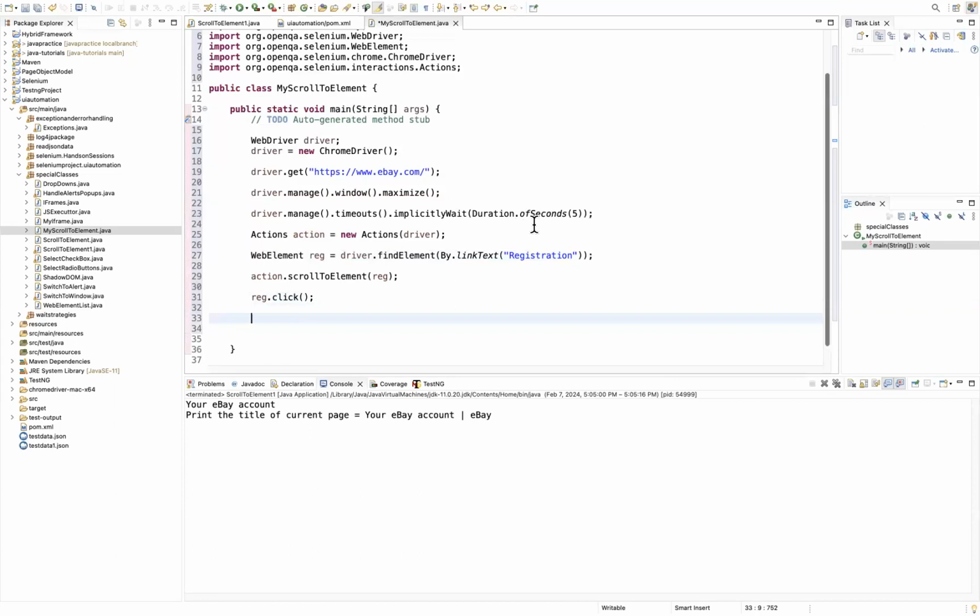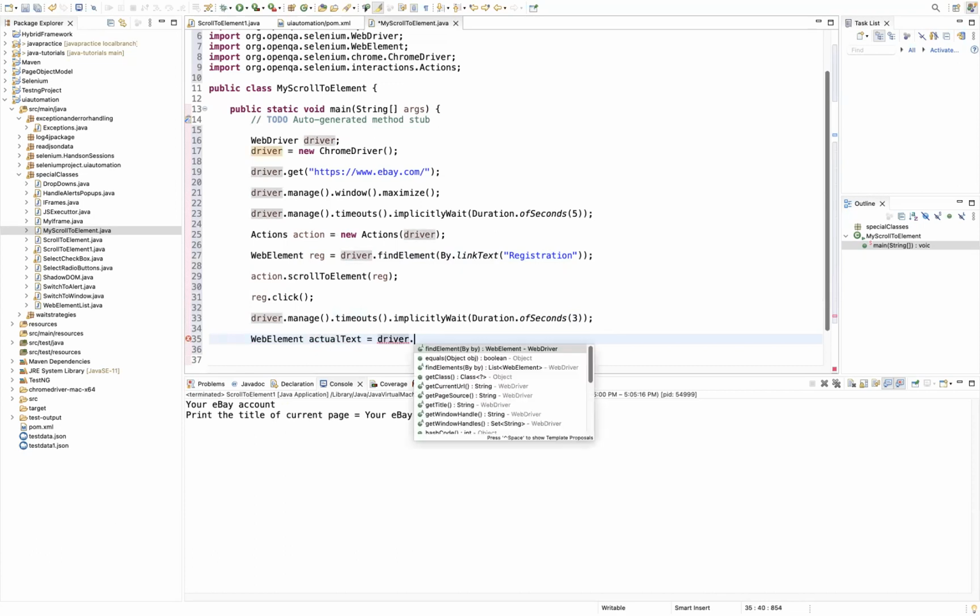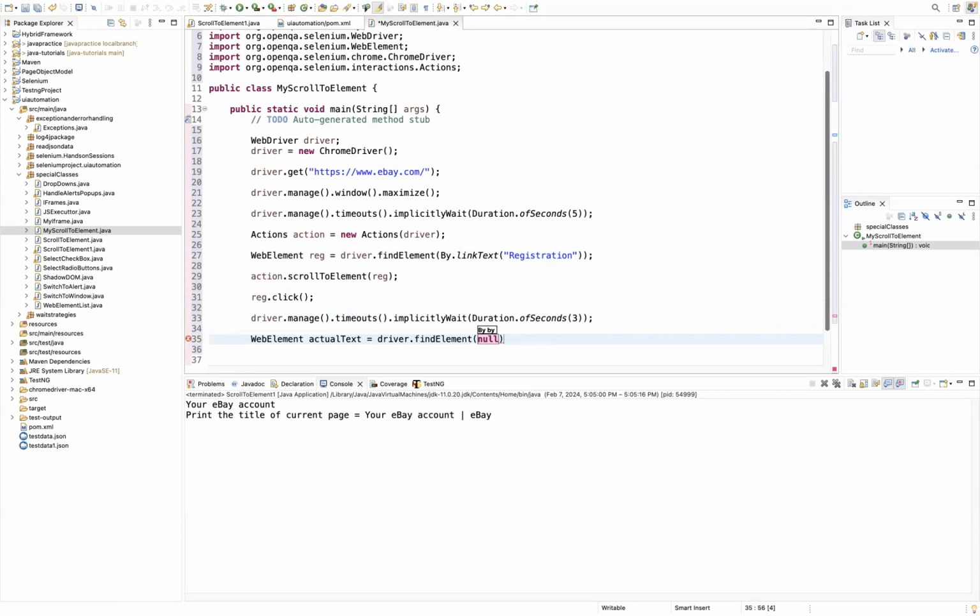And then I wanted to hear a couple of seconds once I clicked on this link to go to the next page. Okay, let me give here 2 or 3 seconds. And then let me create a web element. So I'm writing it down as actualText = driver.findElement(By.xpath